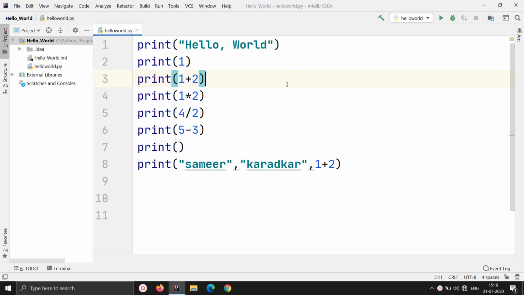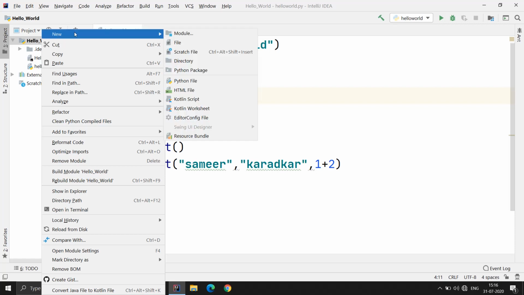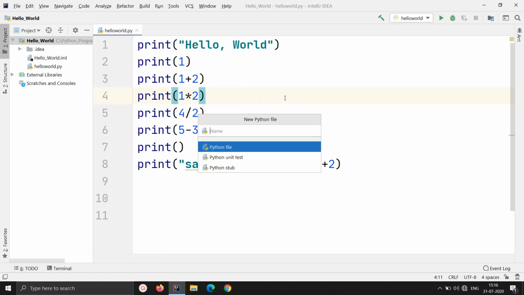Okay, moving from that file onwards, we will create another file. That file will be used for observing our variables concept. Okay, so let us go again. We know the procedure for how we can do that. Just click on the project that we are having. Okay, right click on that project. Here you will find New, and in that New we are going to select Python file.